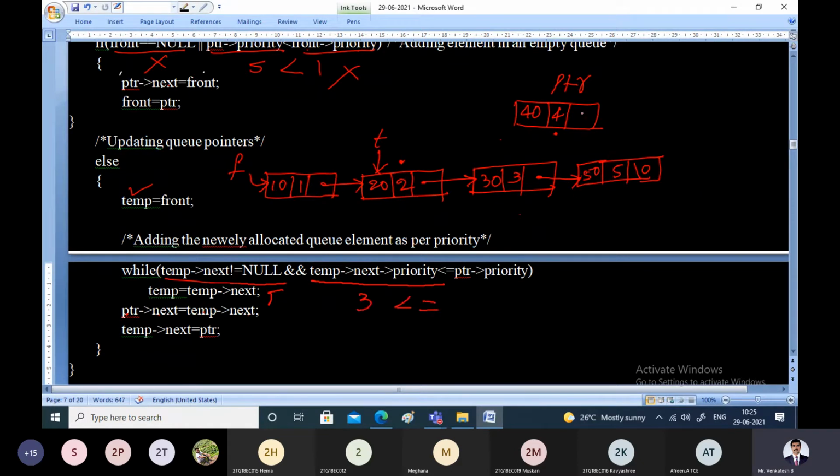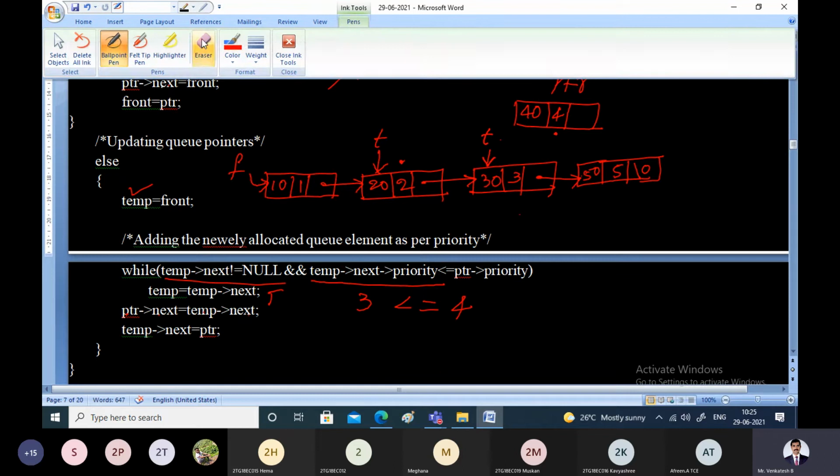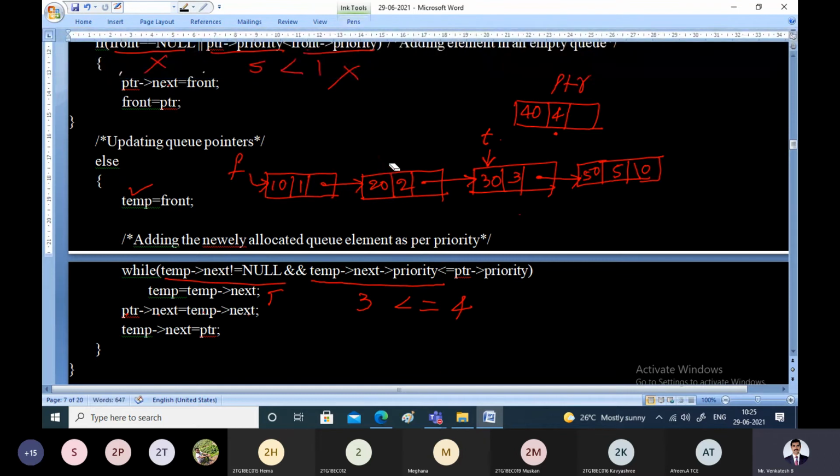Is it less than or equal to PTR pointer priority, which is 4? Yes, it is true. So we execute the statement temp equal to temp pointer next, making temp point to the next node. We are simply finding the location of the insertion, where it has to be inserted, because we are arranging them based on the priorities.